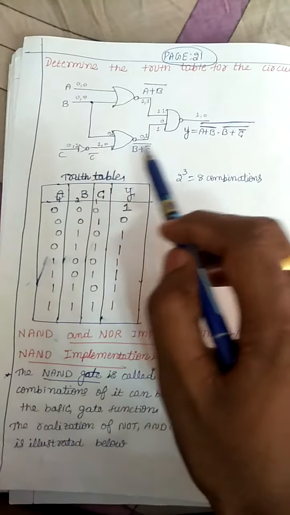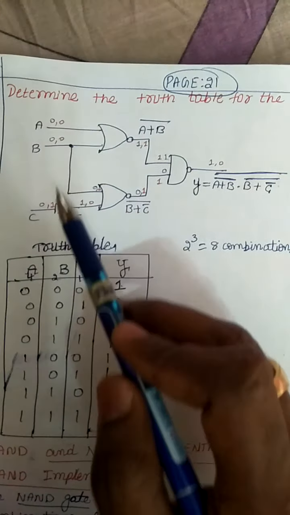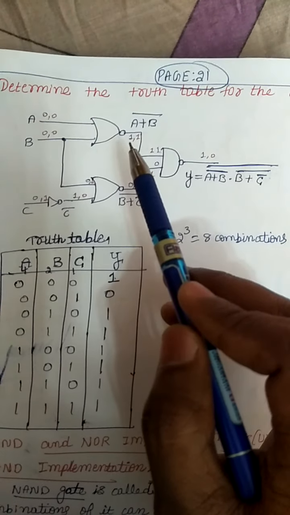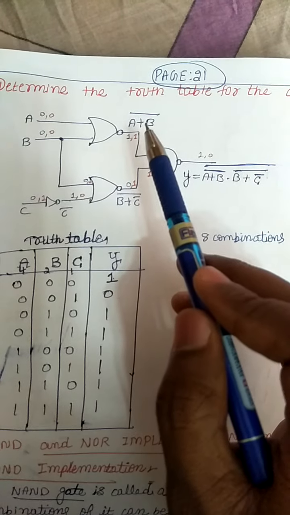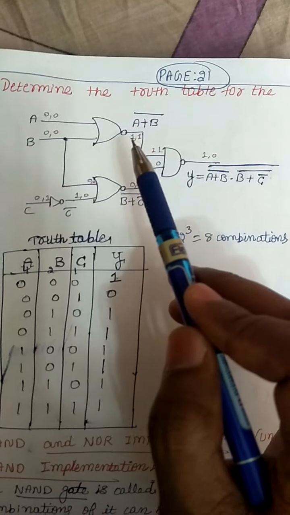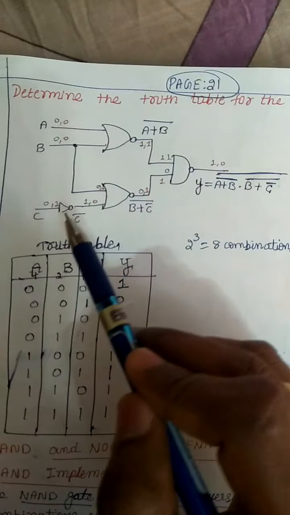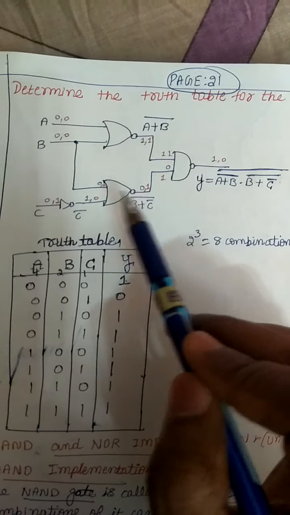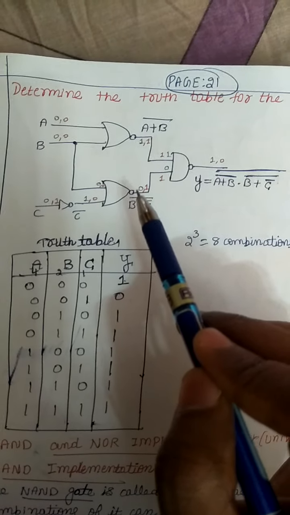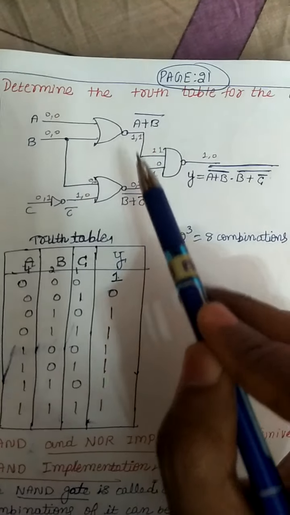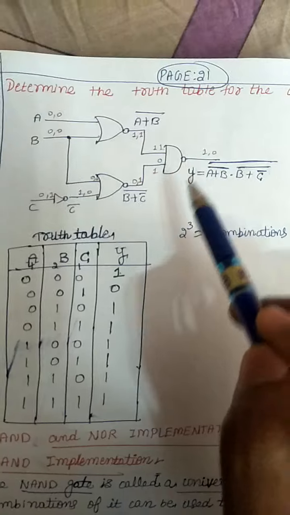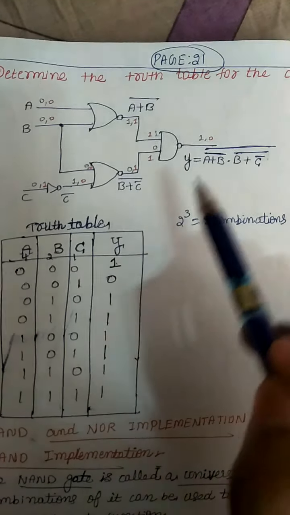So you apply this input here. If you apply this input, what will you get? You check it. 0, 0, 0. If you apply it, for 0 and 0, the NOR gate is 0 plus 0, 0, complement means 1 you will get here. The first one, 0, NOT gate is 1. 0 and 1 for the NOR gate is 0 plus 1, 1, NOR means 0. The first one, 1, 0 for the NAND gate, the AND gate is 1 into 0, 0, bar means 1. So the output is 1.